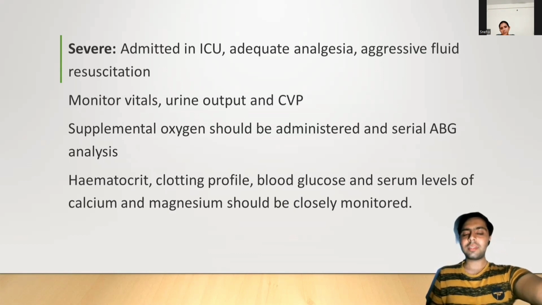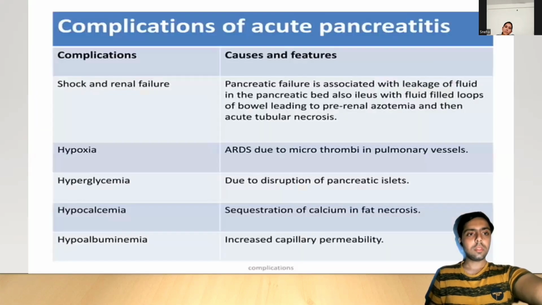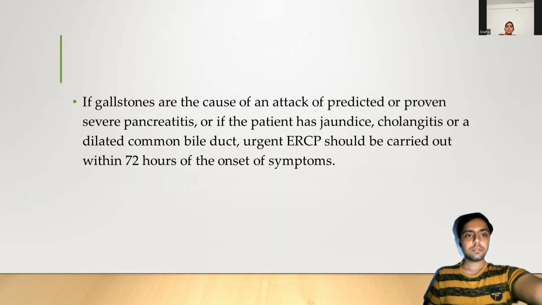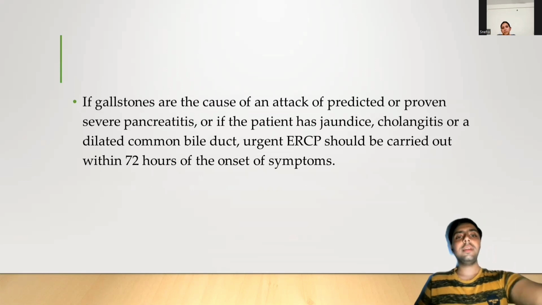See, when a patient comes, Ryle's tube and catheter are very much important for fluid intake output, CVP. Oxygen, if there is a low SpO2. And then the other investigations should be managed, like calcium, magnesium, clotting factors and others have to be managed. Then, if we have the gallstone, if we see there is a gallstone in the USG or gallstone history is there,